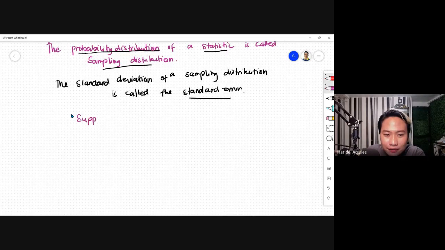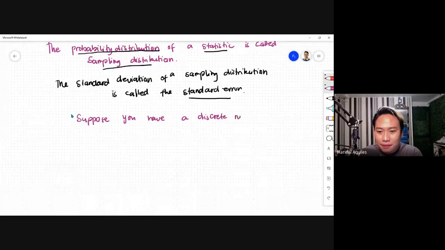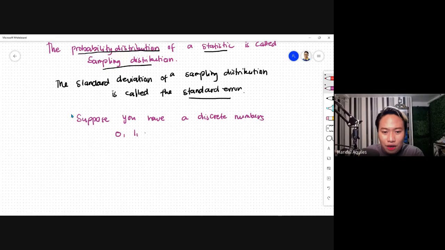Suppose you have discrete numbers: 0, 1, 2, 3. And then you pick a sample size of two elements